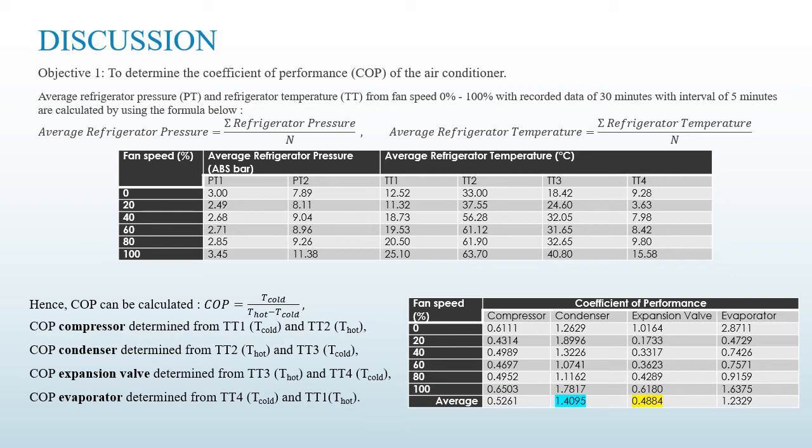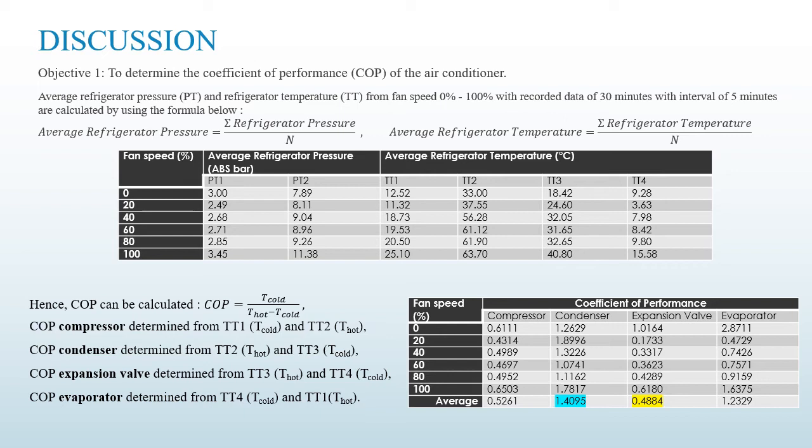Then the COP can be calculated, which is equal to cold temperature divided by hot temperature minus cold temperature. For the COP of the compressor, it can be determined from TT1 representing the cold temperature and TT2 representing the hot temperature. Then the COP of the condenser is determined from TT2, which is the hot temperature, and TT3 representing the cold temperature. Whereas for the COP of the expansion valve, it can be determined from TT3, which is the hot temperature, and TT4, the cold